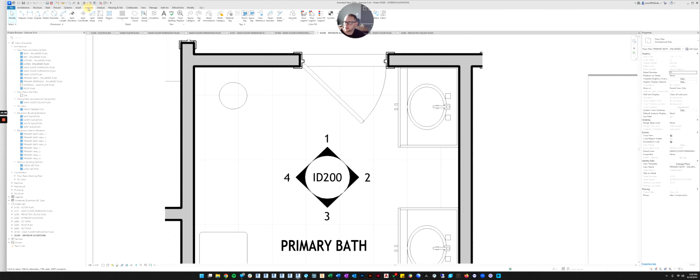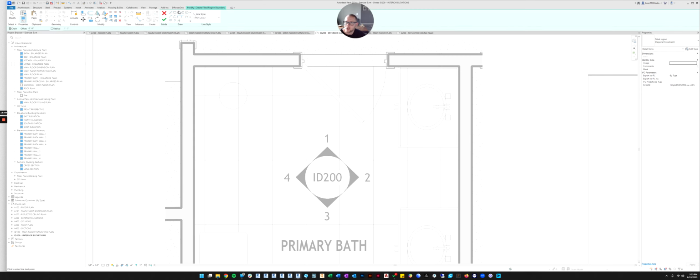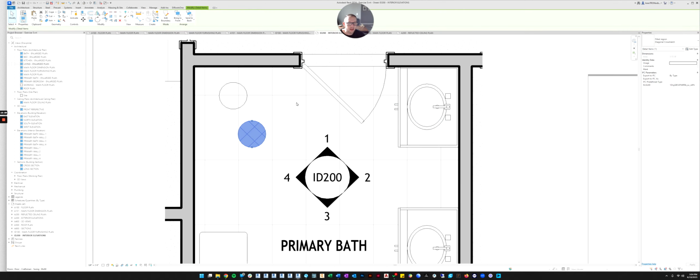So now if we go back to the annotation tab, next to the detail lines is something called a region, a filled region. If you click that, it takes you into a sketch mode, and we can draw the same trash can that we did before with a 5-inch radius. And I can still click the line and change it to whatever line type I want. We'll keep it on thin lines. And then in addition to those settings, if you look over at its properties, actually, let's just finish the sketch. Let's click finish. And then you can click on the filled region and look at its properties.